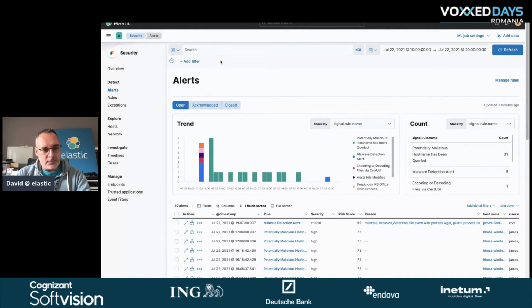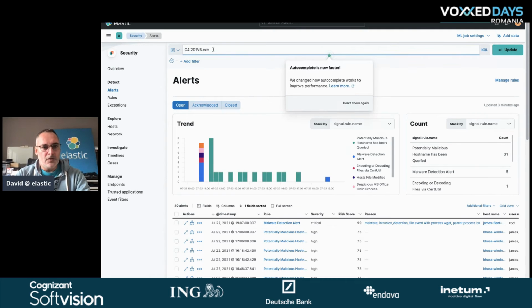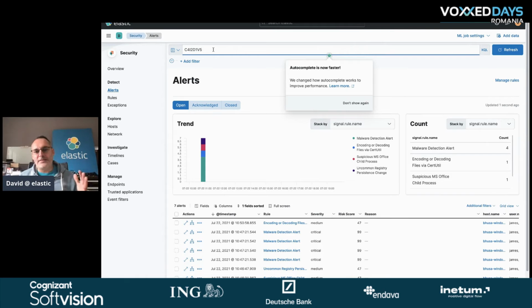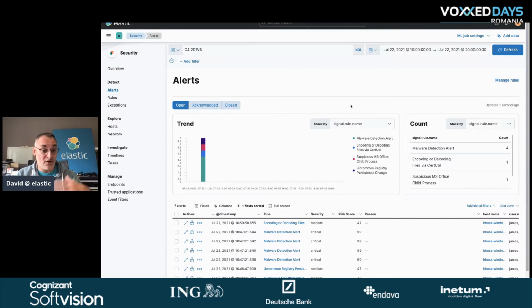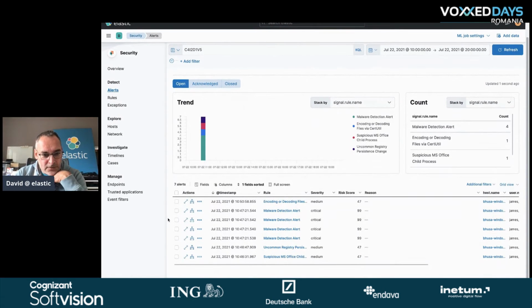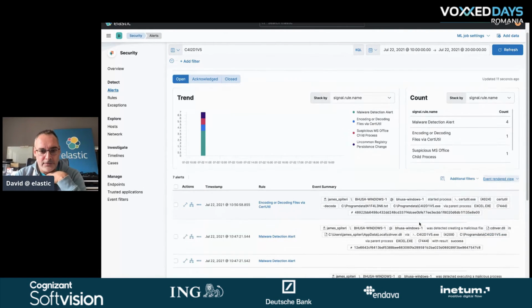So what we can do, if we go to the alert again, we can search for the file that we saw previously. Remember that we have a full text search here, so it's super easy to search across the logs and all the events that we have. So here we search within the alerts, and let me activate again the event rendered view.